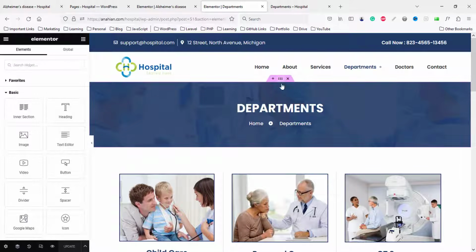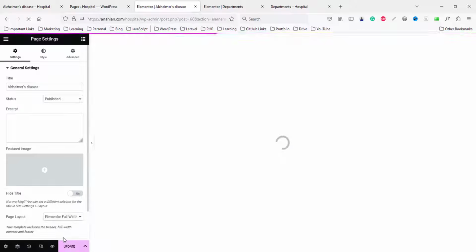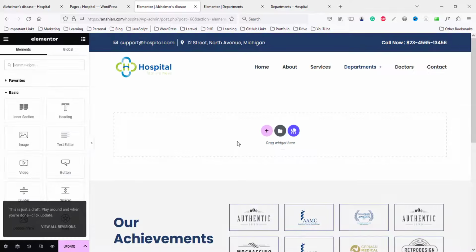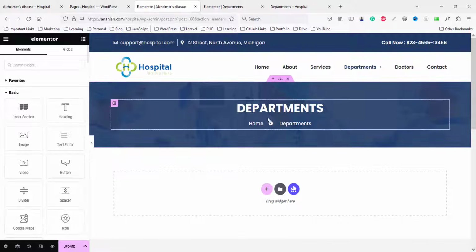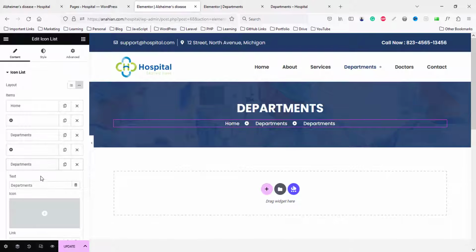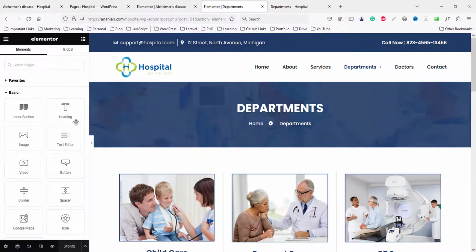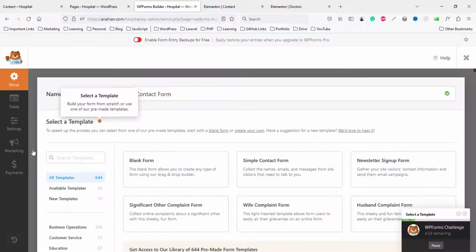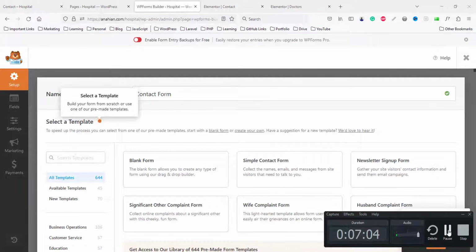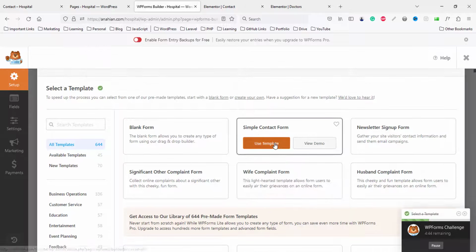and first we copy this breadcrumb part, settings, Elementor full width, and paste. So here we need add option, we can just duplicate and this duplicate and drag to here and just write here this text. And here we can choose here contact form, okay, fine. And from here we can just write here a simple contact form, use template,